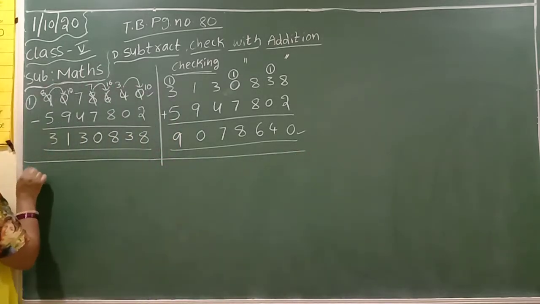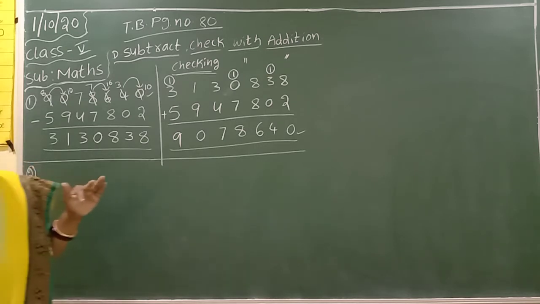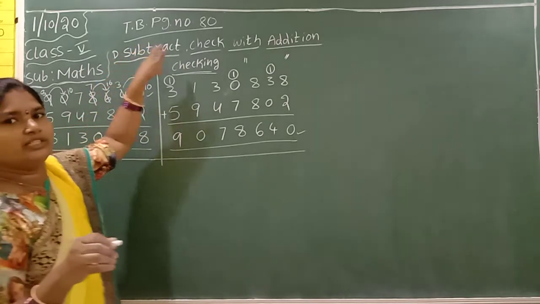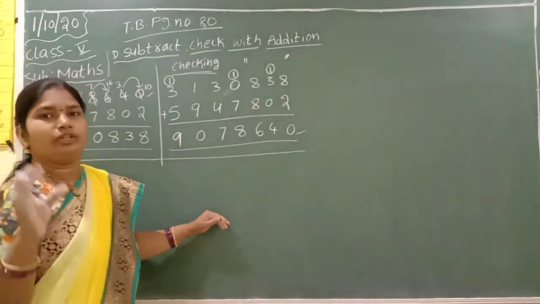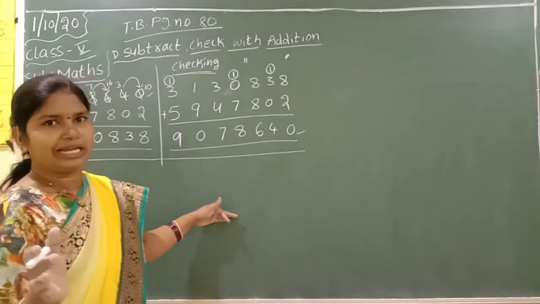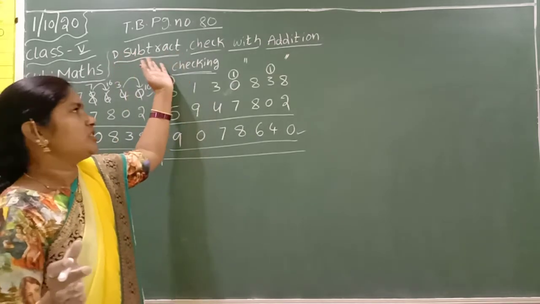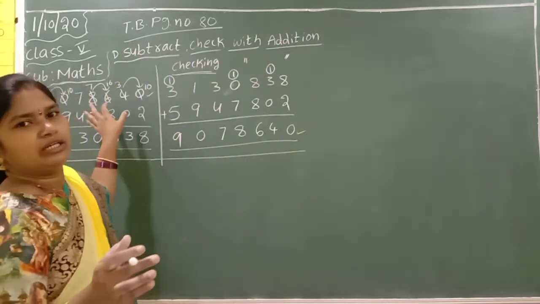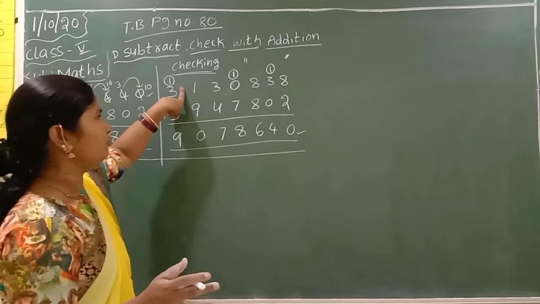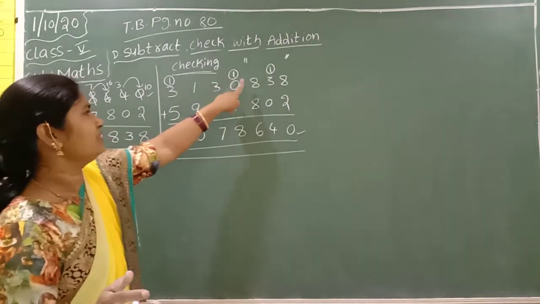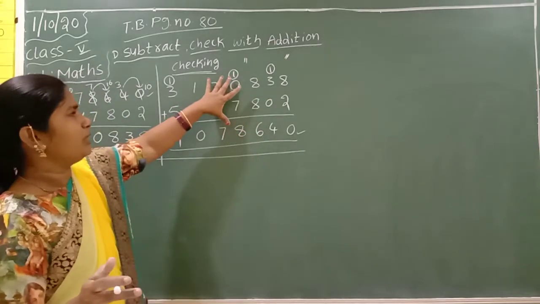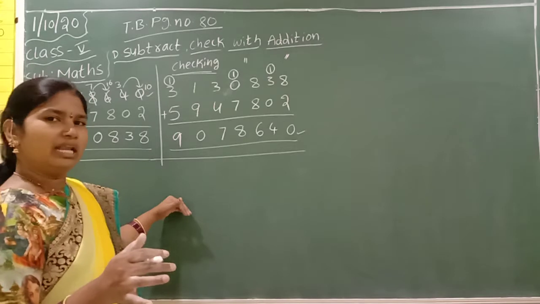Same like this, one more question. Second question is in your textbook page number 80. DBT is there. Subtract, check with addition. This one you have to finish in your maths notebook. Open your maths notebook after the class. Write down the date and day. Start today's topic and question. How to write the numbers in your notebook? Between each and every number leave a finger gap like this. Why? Because leaving a finger gap helps in easily recognizing the numbers. After one problem is over, leave one line.